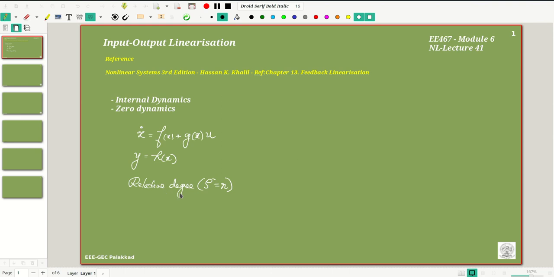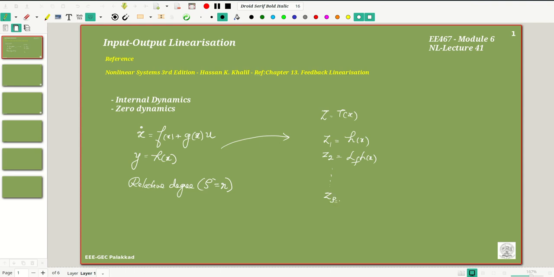Okay. So how to linearize the whole system using an input u when the relative degree is n, we saw. So what did we do? We chose a different state variable z is equal to some T of x. So for that we chose z1 as h of x, z2 as Lf h of x, etc. up to z rho